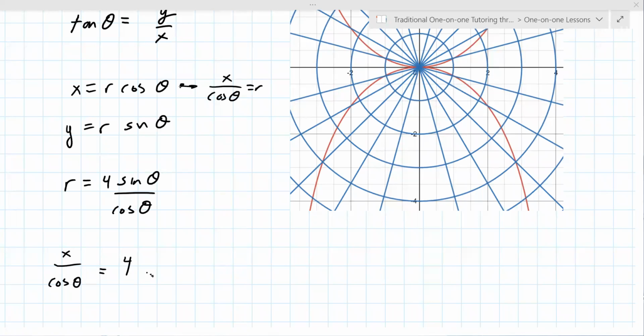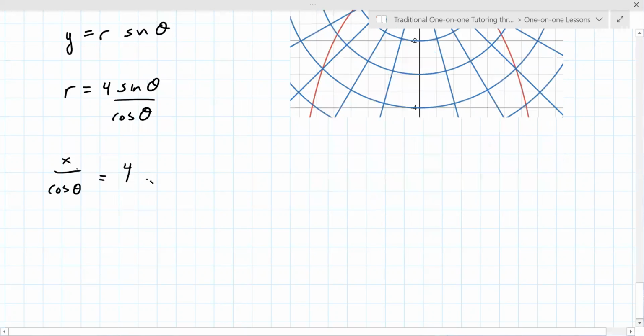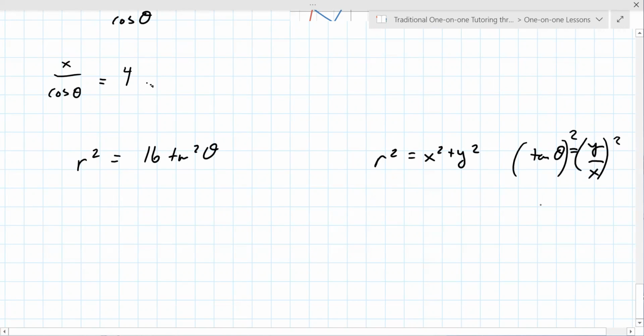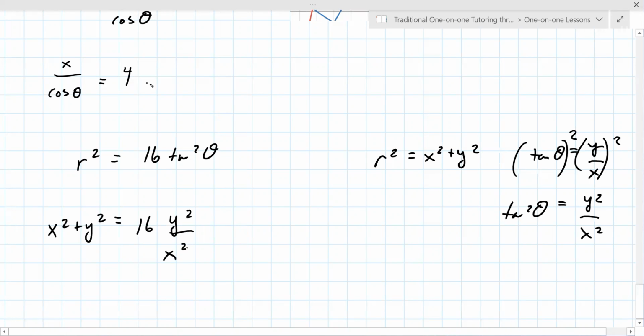Okay, so here's what I found. You actually have to square both sides. So you get r squared equals 16 tangent squared theta. And then r squared is x squared plus y squared, and tangent of theta is y over x. So if you square both sides, you get tangent squared theta equals y squared over x squared. So, said all that, this first one goes over here: x squared plus y squared equals 16 y squared over x squared. And now you have to solve for